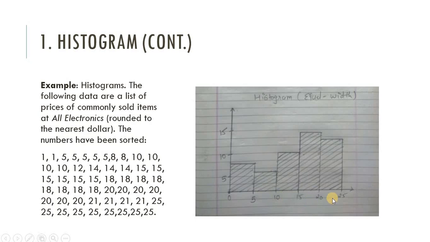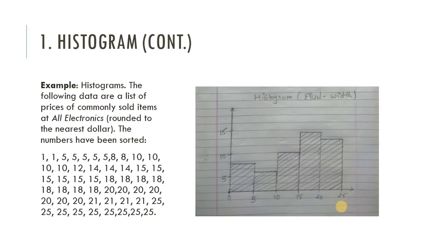Suppose at the range of 20 to 25, there are 1 2 3 4 5 6 7 8 9 10 11 12 13 products whose price is between 20 to 25. So now we select 13 from the y-axis and draw the histogram bar. So this is how we can create a histogram. In the exam, if you are given data points and asked to draw a histogram using one technique, this is how you have to draw it.